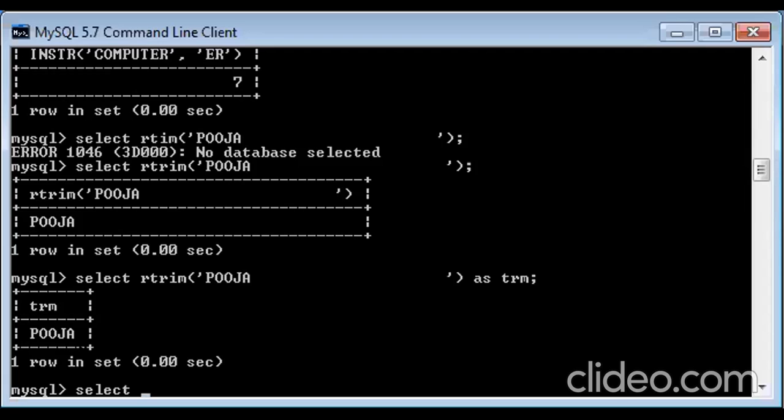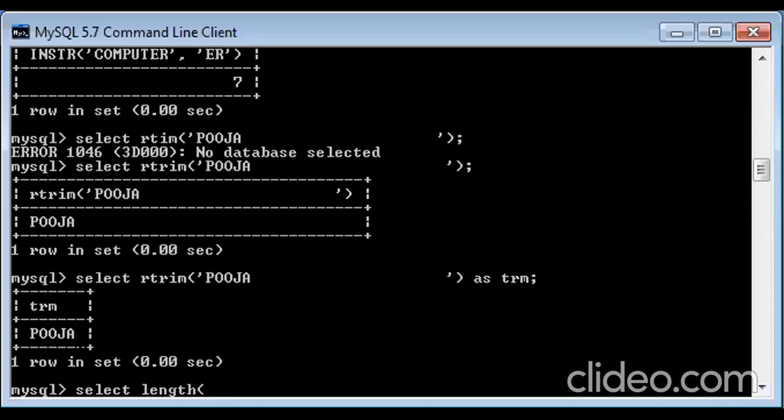I wanted to find out the length also of the rtrim. How can I do it? Can I do it like this?